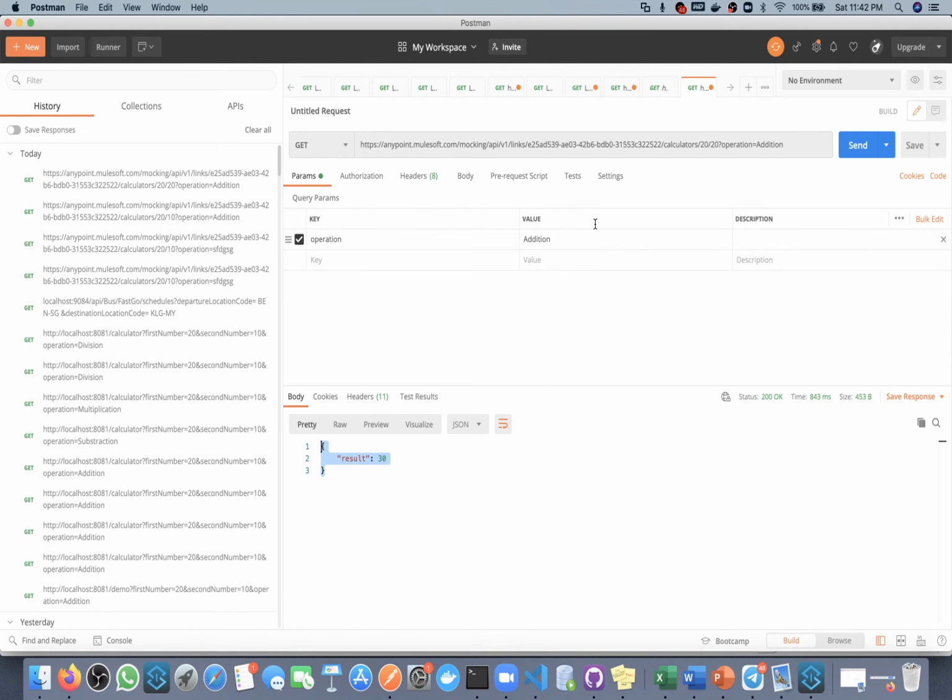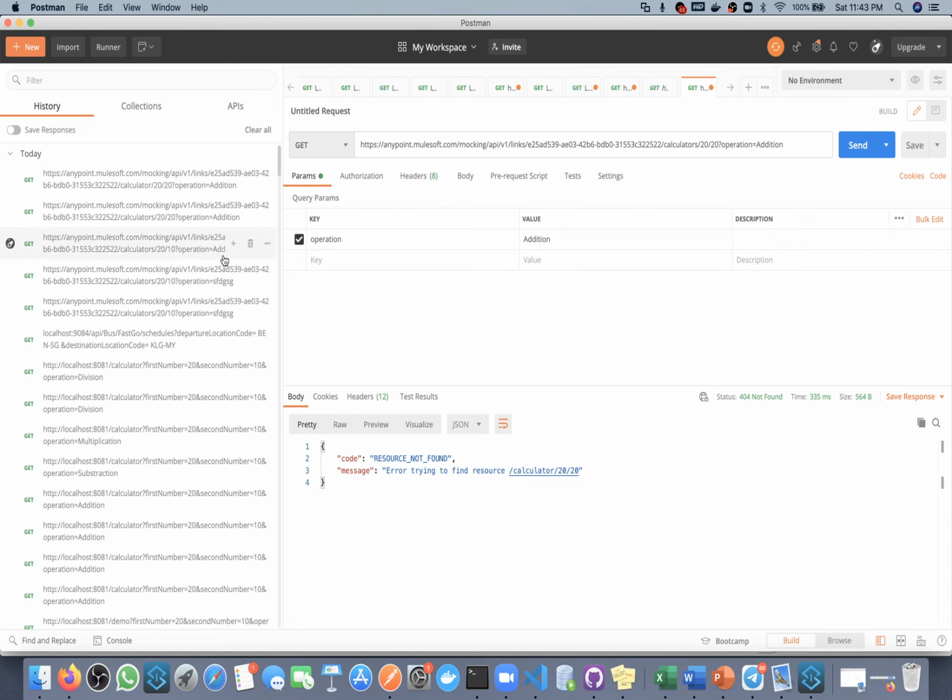Okay, so whoever gives you the requirement, like a client or stakeholder, if you pass this YAML to them, they will check your YAML against whatever expectation they have. What is their expectation? Resource name should be calculators. If they pass some other resource name, resource not found. Resource name must be calculators. It will contain two URI parameters, first number and second number, and in them we are passing some value.